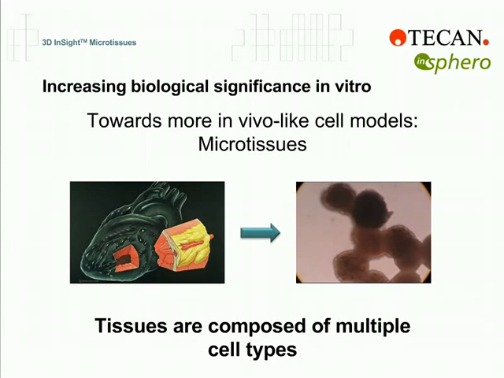We would like to mimic the smallest functional tissue unit of an organ, as you see here, and not the whole organ. And on the right image, you see several different microtissues, myocardial microtissues, which are fully functional for more than 2 to 3 weeks in culture, showing their functionality by contracting over time, and that's the functionality we would expect from a